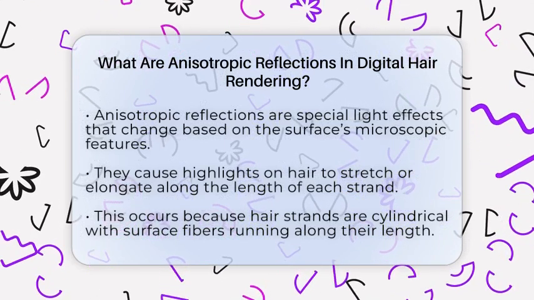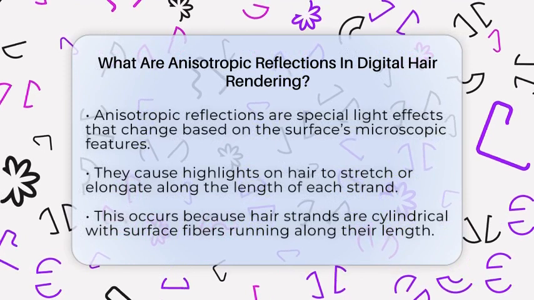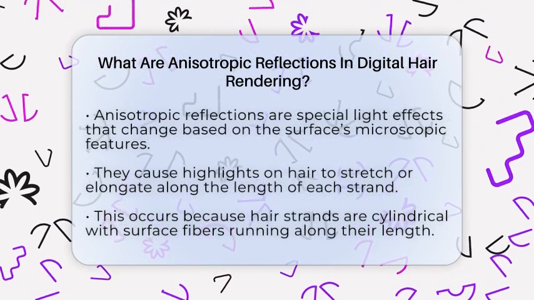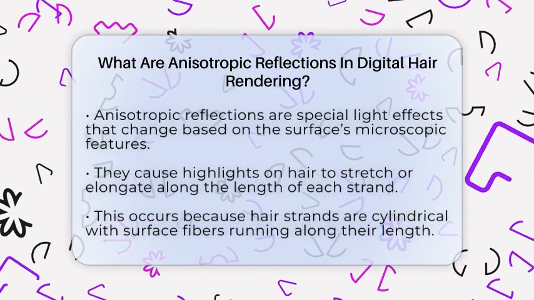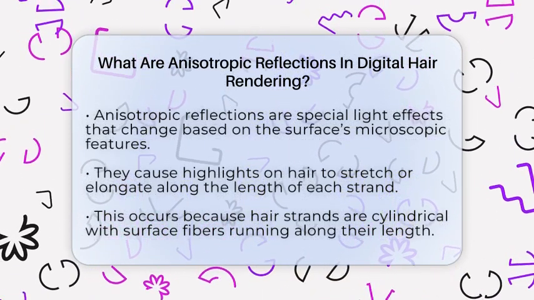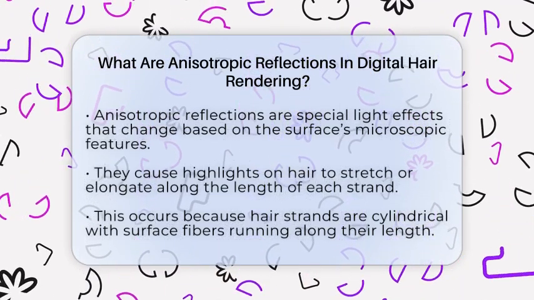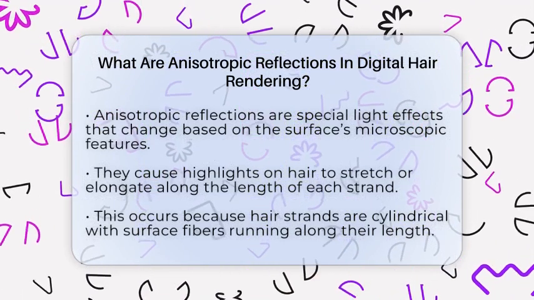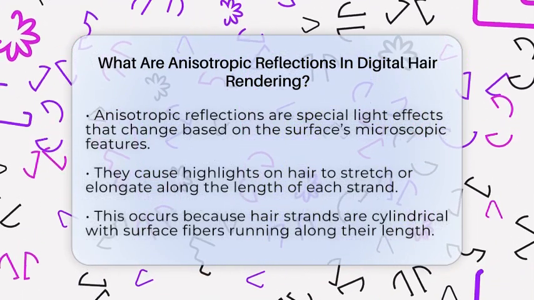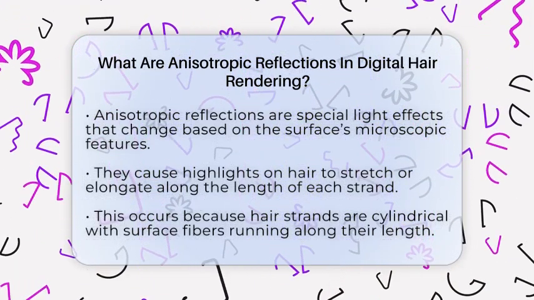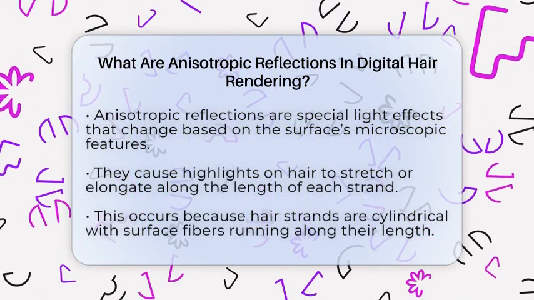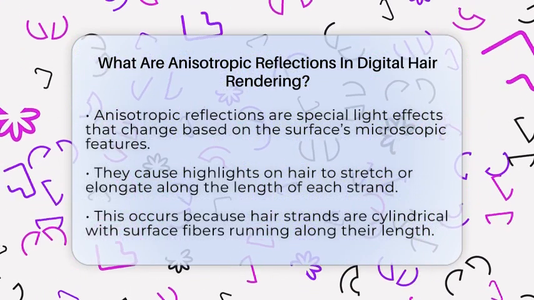One key aspect is anisotropic reflections. These are special types of light reflections that change depending on the direction of the surface's microscopic features. In hair, this means that the way light bounces off the strands isn't the same all around. Instead, it reflects more strongly along the length of each hair fiber and less across it, making highlights look stretched